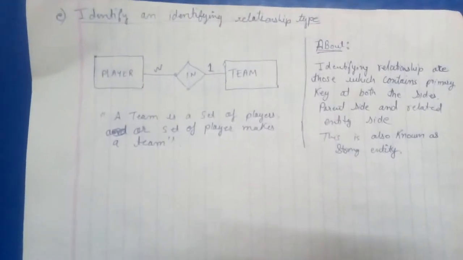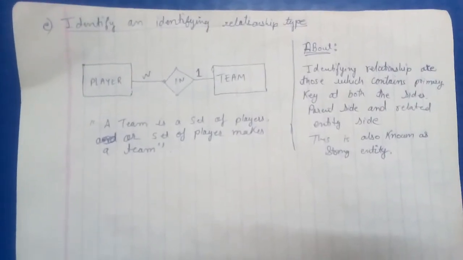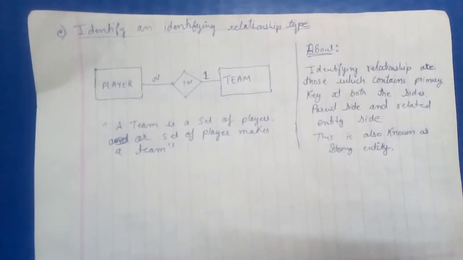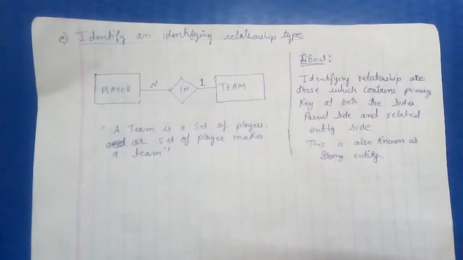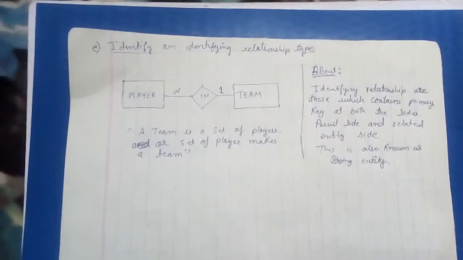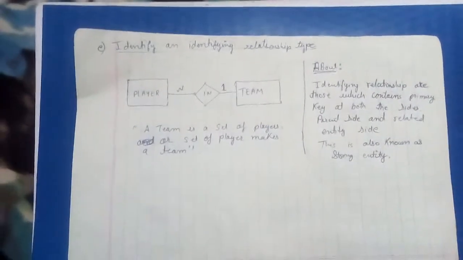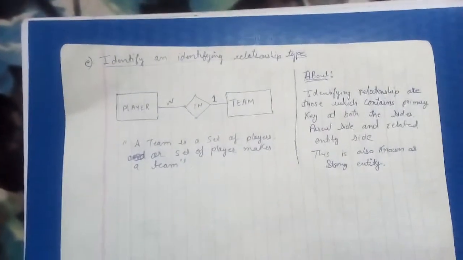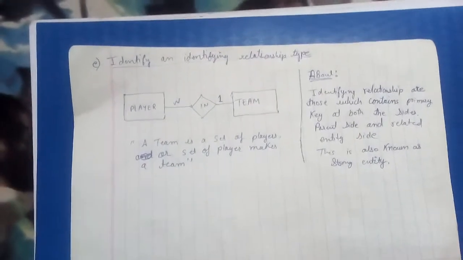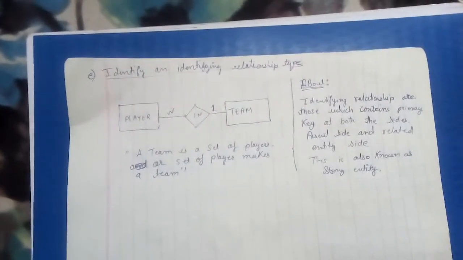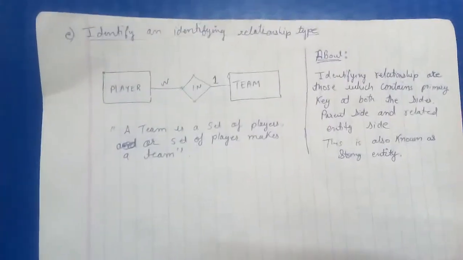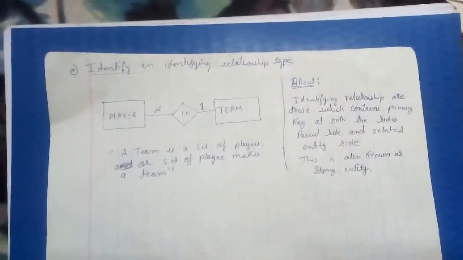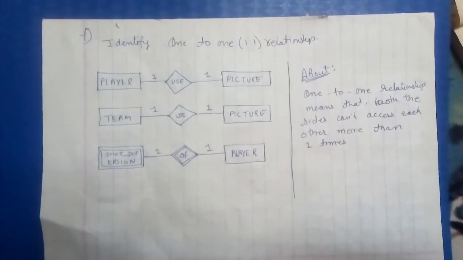So you see, a team consists of a set of players, and a set of players makes a single team, right? Both are actually strong types of relationship. Without players we cannot form a team, and there will be no player if there is no team, right? So that relationship comes under this category. Then they asked us to identify the relationship which